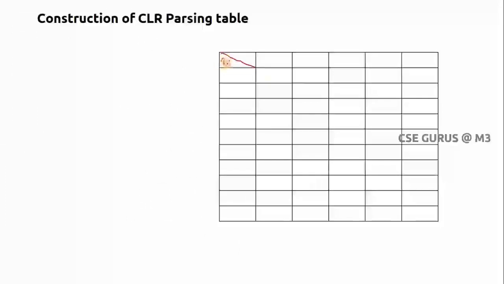So all those items must be there. So I0, total till I9 I need to write. So total items, and here I need to write, anyway I explained in SLR parsing also, first the terminals. So one terminal is B. If you see our grammar, one terminal is B, another terminal is D. Anyway, we must include dollar. And what are the non-terminals I am writing here? S and C. The terminal part I call it as action.